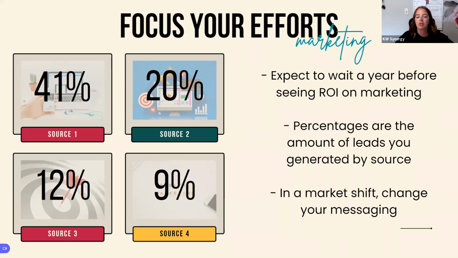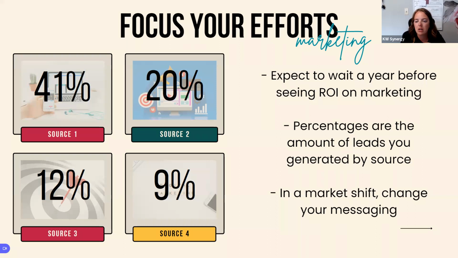Okay, so focusing your efforts on the marketing side. I realize this does not equal 100%, which you should not be getting 100% of your leads. I think it's like 82%, but still. This was on a call recently with the international leadership. So you should have 4 of your 4 marketing sources. 41% of your leads should come from source 1, 20% from source 2, 12% from source 3, and 9% from